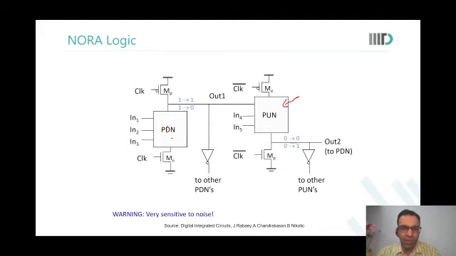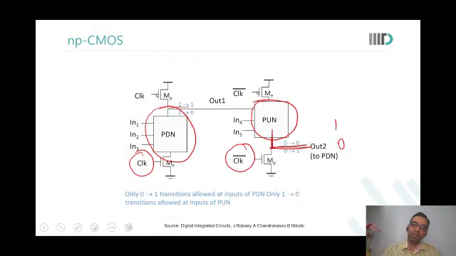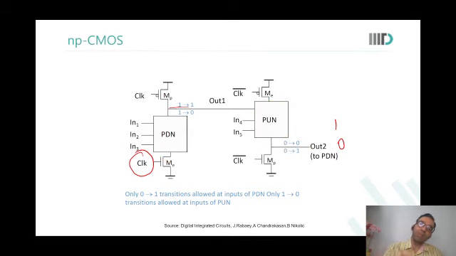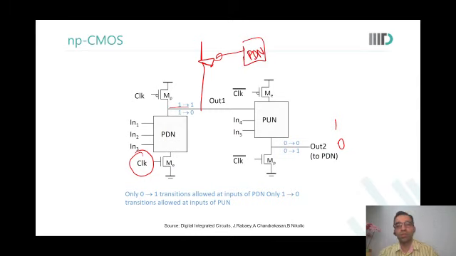That you could have done earlier also. We're just saying that in the previous slide, when I was showing NP, I was saying that a PDN is always followed by a PUN. Over here now, in NORA, I am saying bring in an inverter and I can actually draw a PDN also.